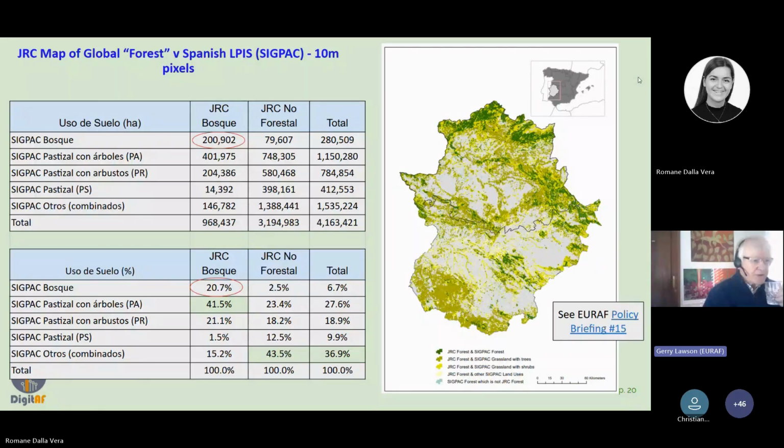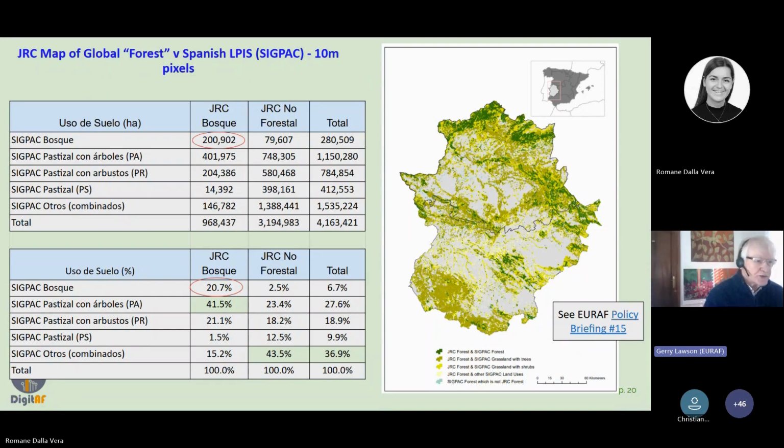So we need to be sure what is forest land and what is agricultural land. This is an example from Extremadura in Spain, where all the colors, apart from the gray, are actually listed as forest in the Joint Research Center map of forest. Whereas in the agricultural map in Spain, there's something called TLAC, which comes from the land parcel identification system. Only the deep green areas there are actually classed as being forest. So we have a huge error getting in, which is largely due to agroforestry.